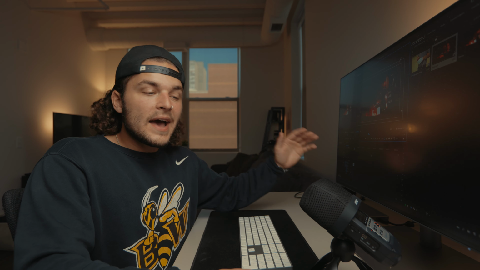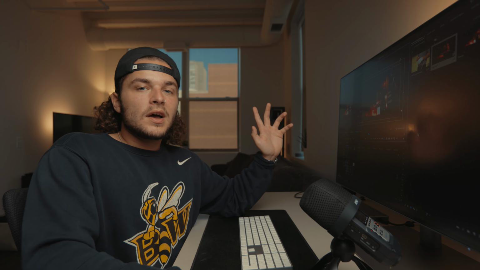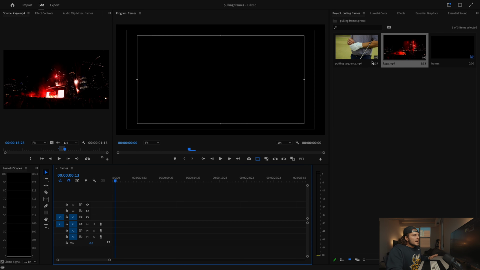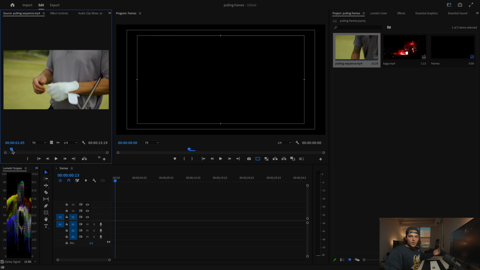Right there, you have an 8K still, which is amazing. Now, maybe you want to make those 3 different frames. Maybe you want to pull them all from the same project. Well, you're actually going to do that same exact process. So it would make sense for me to go into the golf sequence so that we can make all 3 frames the same frame. So what we're going to do, we're going to find the first frame that we want